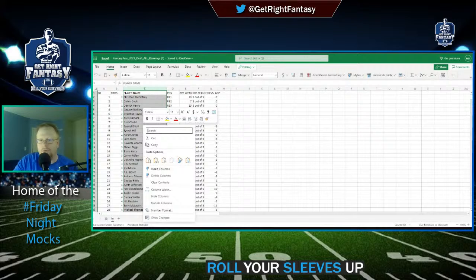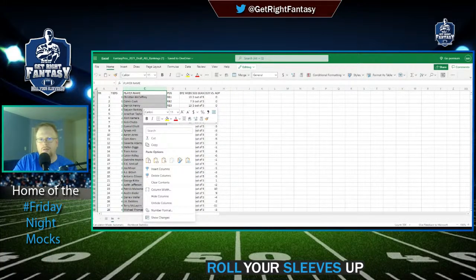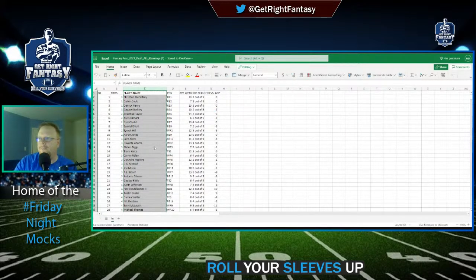Of course we do. We have it on our site. You can definitely go through there, but we do rank every player available on Fantasy Pros. So we have it on our particular website as well to get those particular players. But this is the best way to export those players for you to use. So we're going to copy, and then from there you're going to go back to Google Sheets,